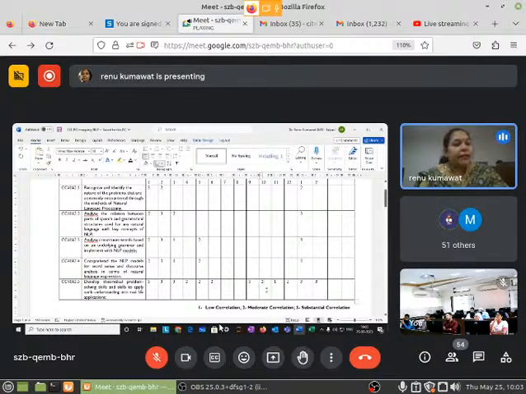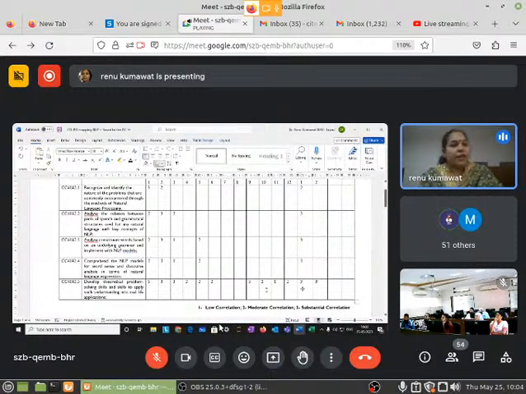In PO number 10, where the project management and financial analysis is there, although they are not doing any financial analysis, they are just doing project management. So a complete timeline, what will be the problem statement, how they are going to complete it, weekly analysis and all those things. So the project management kind of thing they are doing. And of course there will be lifelong learning, PO12, lifelong learning will be there.